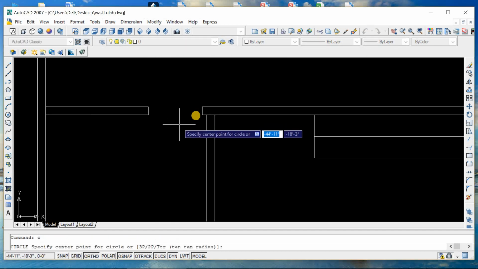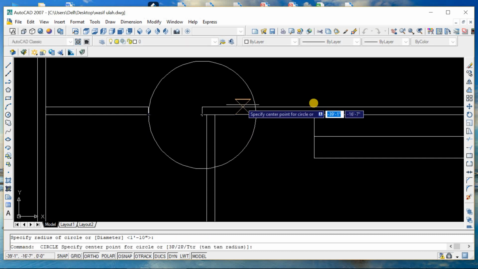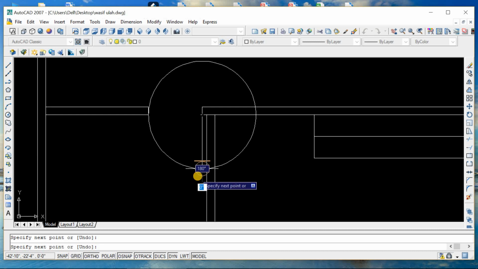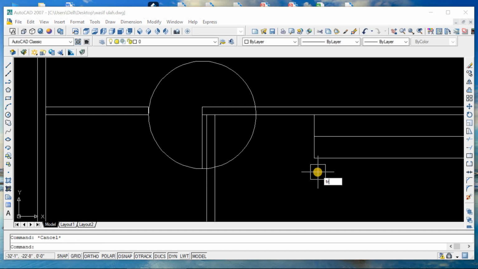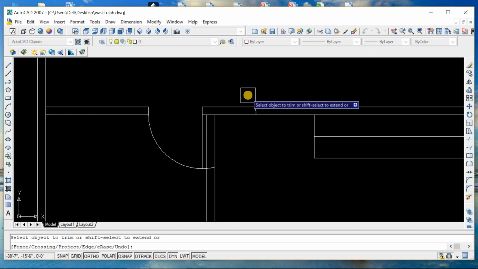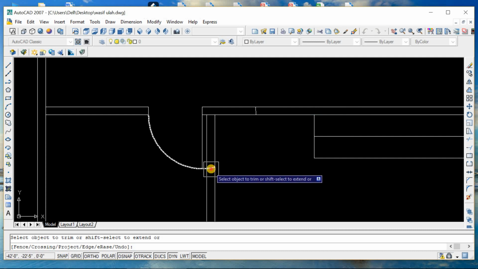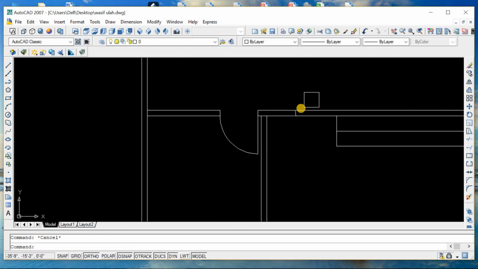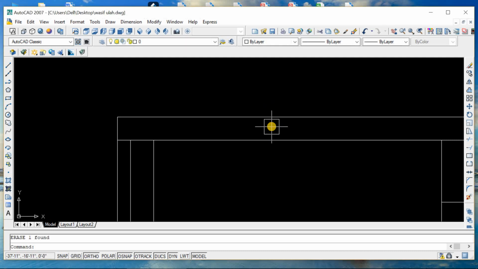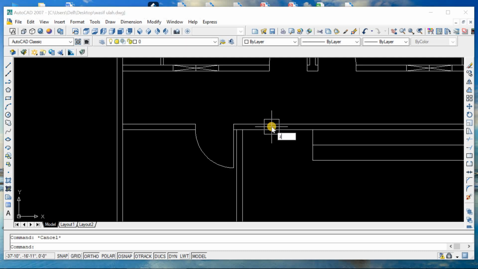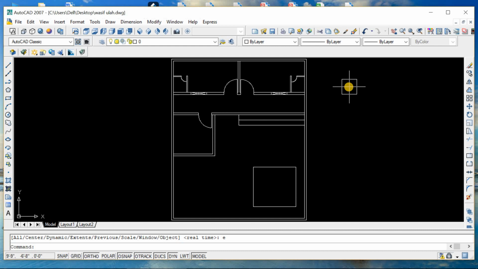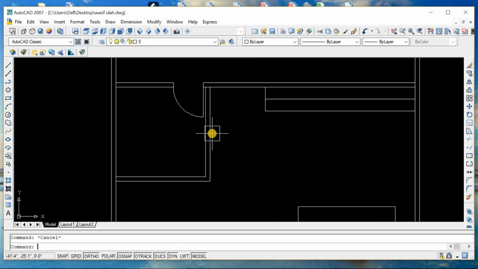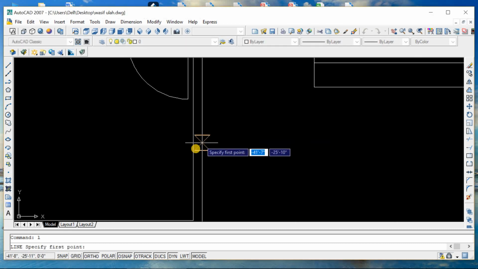Now I will add another circle like this, L for line, press escape, TR double enter, and now I will select this region, E for erase, Z enter, E enter. Now almost the doors, or if you want you can give a window over here,